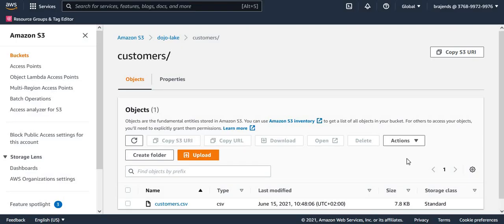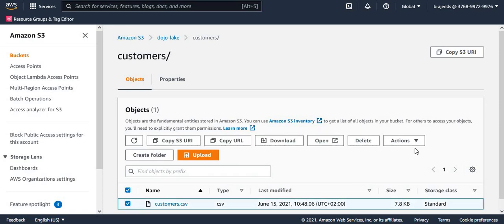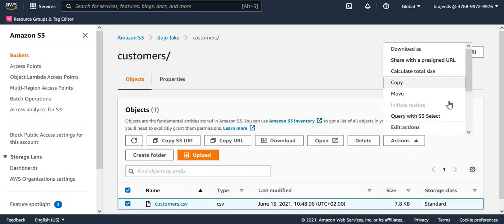Okay, so let's get to the AWS console. In order to show the demo, guys, what I have done here is that in a bucket dojo lake, I have created a customers folder. And in that customers folder, I have put a customers.csv file. If I try to query the data here, let's see how the data looks. It's a CSV file which shows me